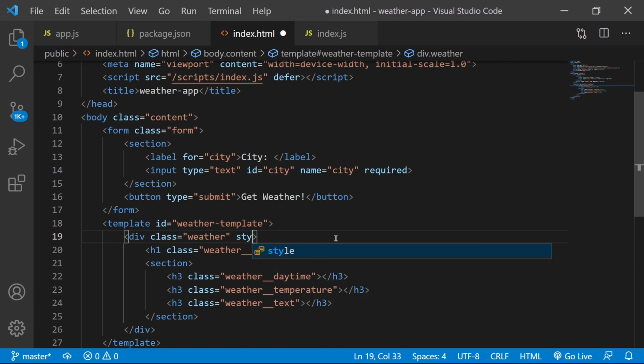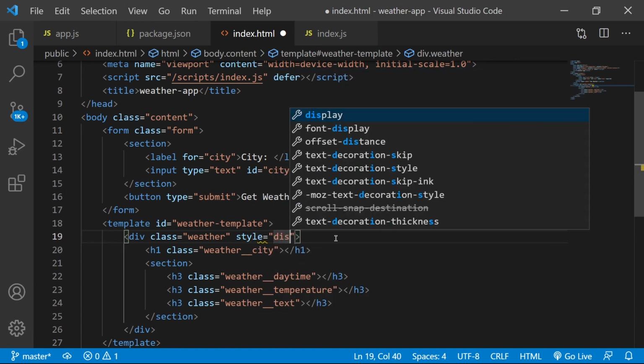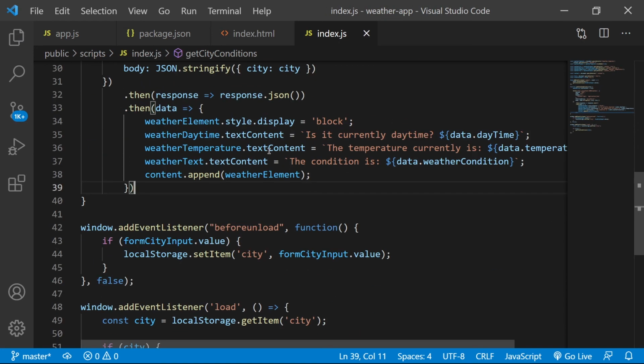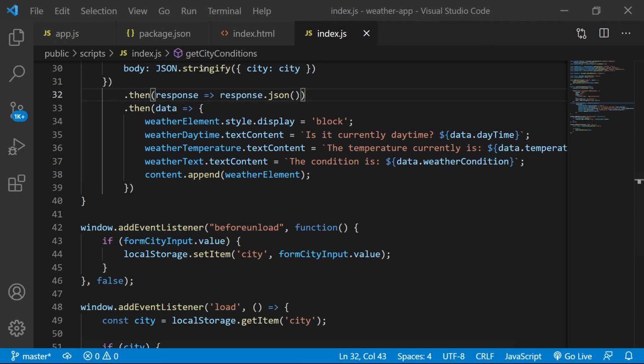What if we actually gave this, I know I'm doing inline styles, but let's say this is none to begin with, in index.js, and then when we set that, only then does it actually make it a block element. Let's see.